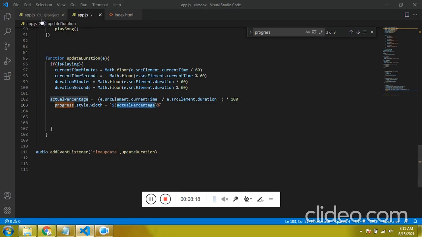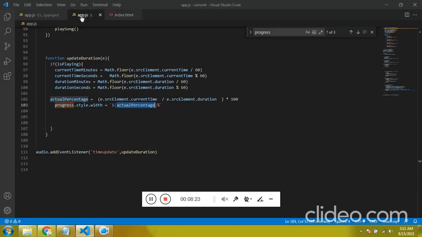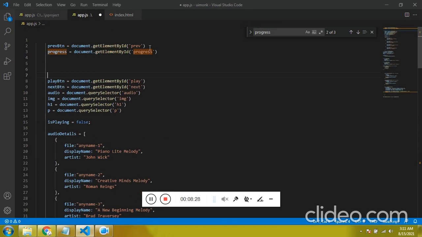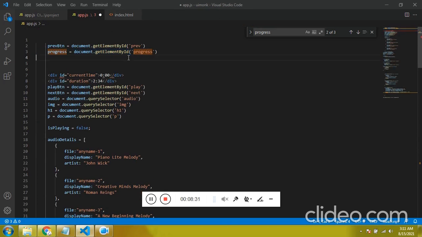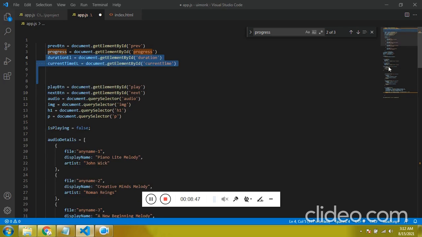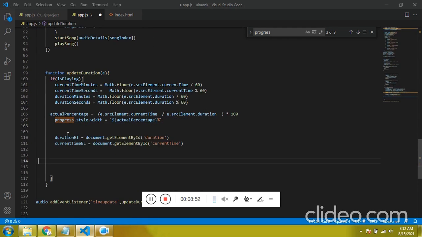Now we have to display the previous current time. So let's call this in the JavaScript. Since this is an ID again, two times, and just give element to differentiate. Let's copy this. Now to fill here we have two elements, duration element and current element.